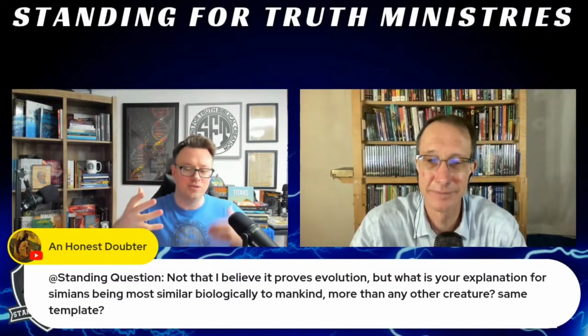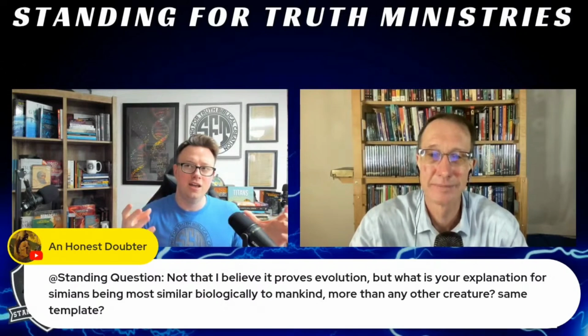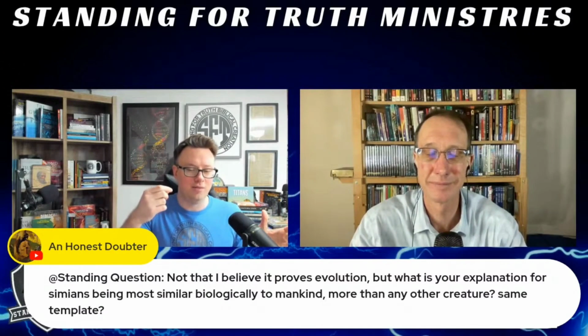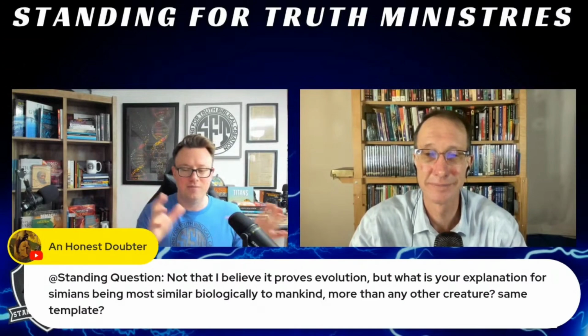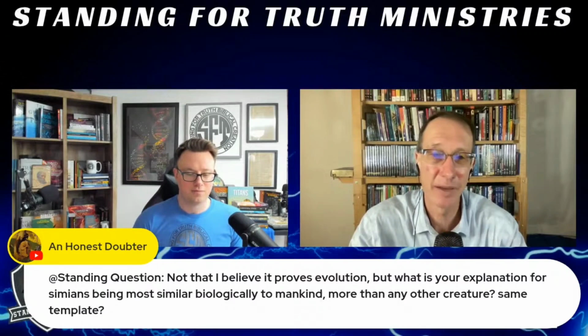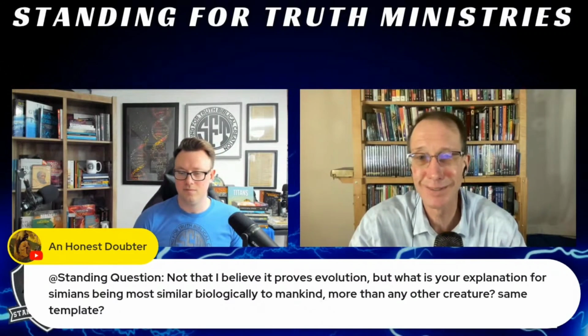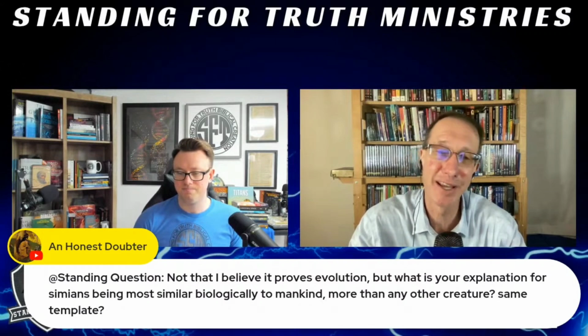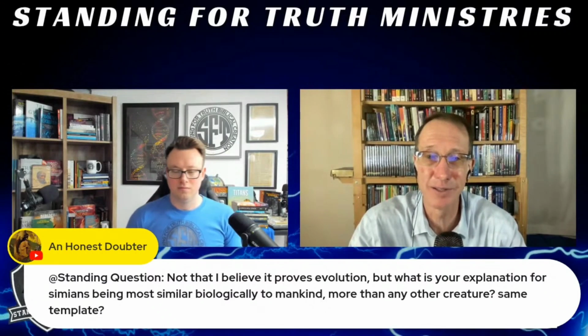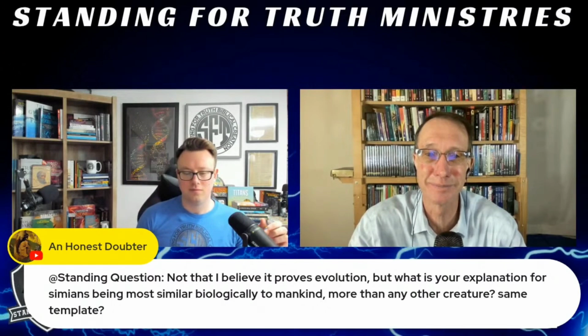So yeah, in other words, Brian, the question is, why are humans more similar in many ways, genetically, morphologically, in anatomy, to the great apes and monkeys than any other form of life, like dogs or fish? I would say that's the way God made them. That's the way God made us. You know, God's got a great imagination. When you look at all the animals in the world, what an amazing imagination he has with the colors and the design. So I would just say that's God's design, how he wanted it.